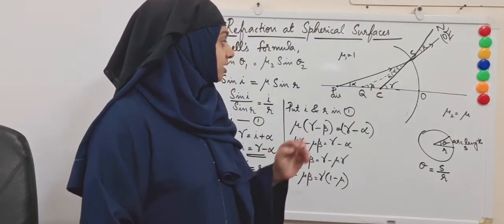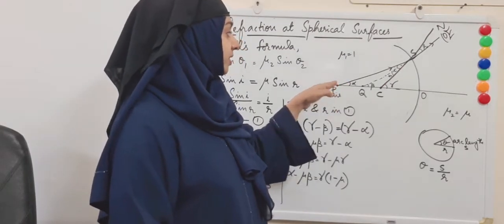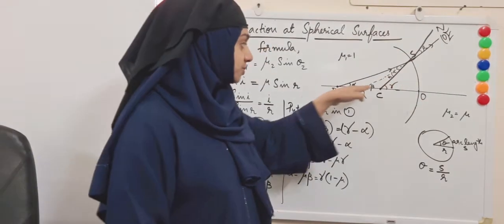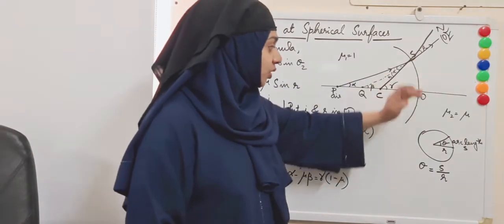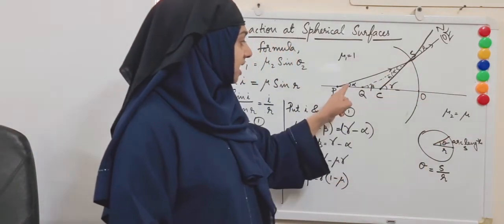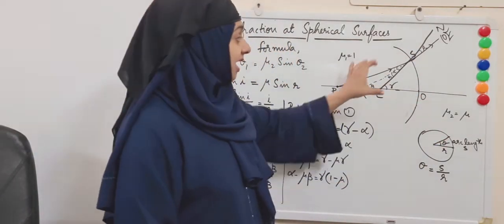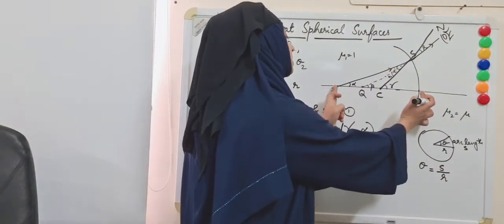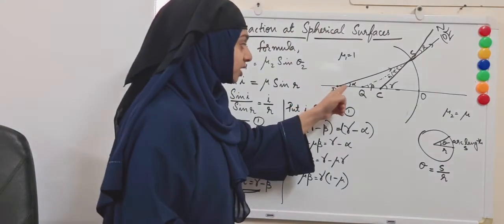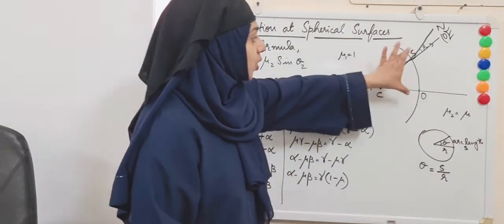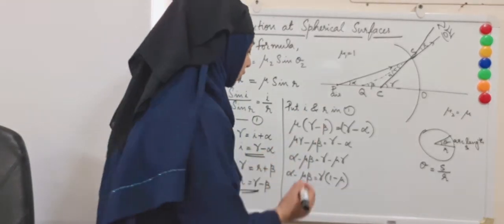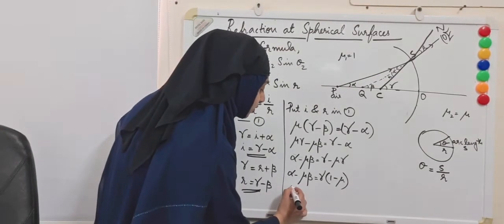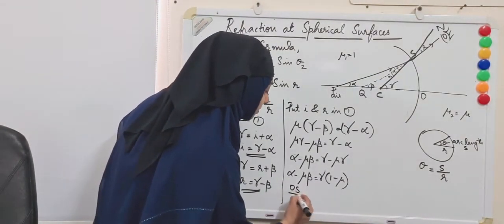and gamma. So look at alpha. So when you consider this part PSO, similar to this, alpha is the angle and the arc length is OS and the radius is PO. So I am going to express alpha as OS by PO. So alpha is equal to OS by PO